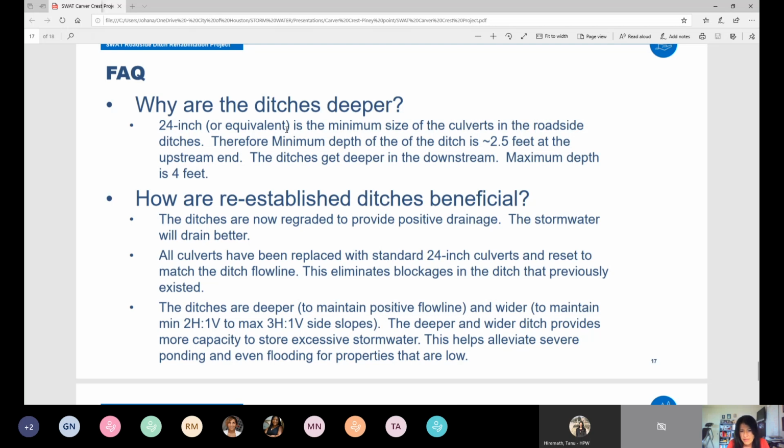Now, talking about the benefits of the ditches exactly. Number one, the ditches now are regraded, are going to give us that positive drainage that we're looking for. The water is going to drain better. So you remember those first pictures that I showed you with standing water? That won't be the case. Water will flow better because we're going to have the proper slopes along the ditch. Also, the culverts have been replaced with the standard 24-inch size, which matches with the ditch flow line. And also that's going to eliminate all the blockages on the ditches that we previously